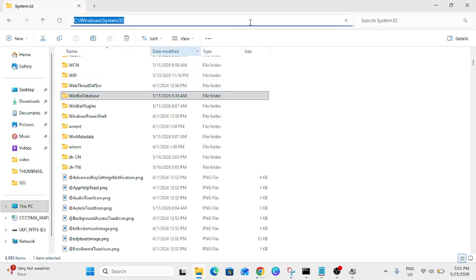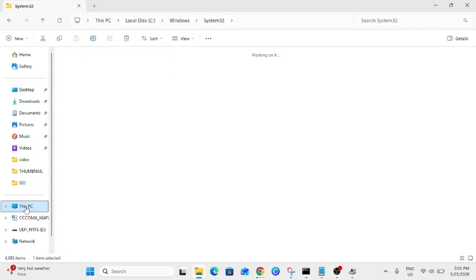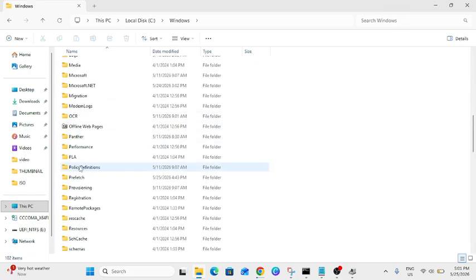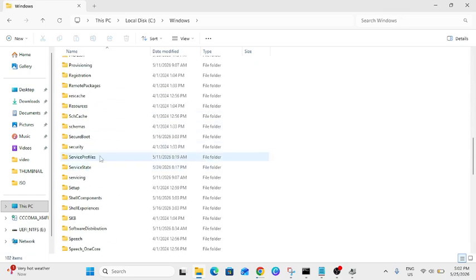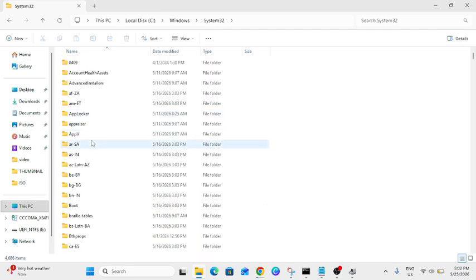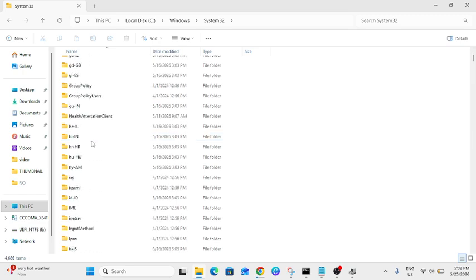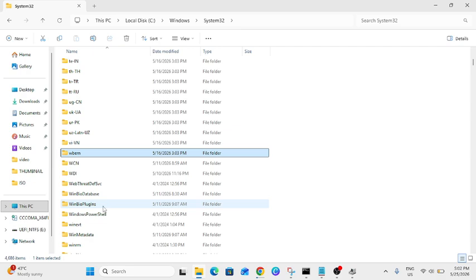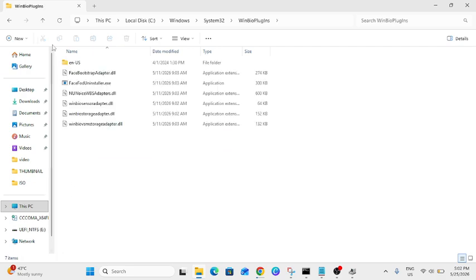Basically you need to go to this location: C drive, Windows and System32. Now look for WinBio plugins. Press W on your keyboard and look for this option, WinBio plugins. Double click on that and look for the